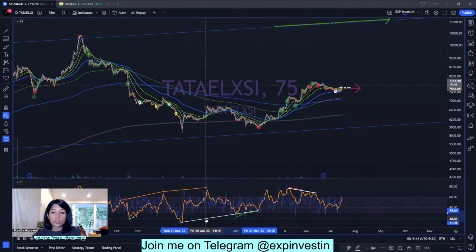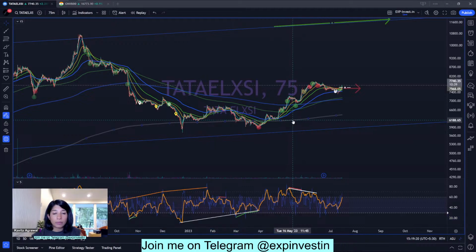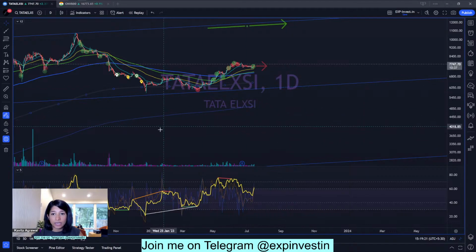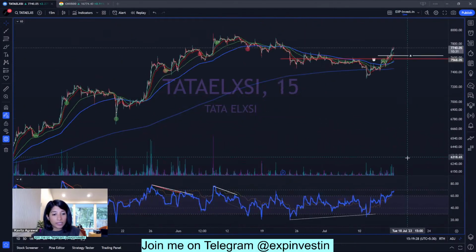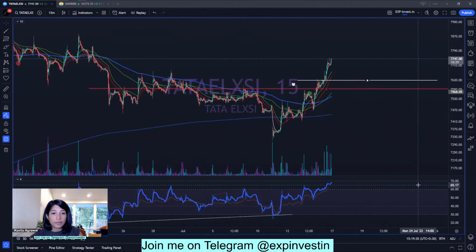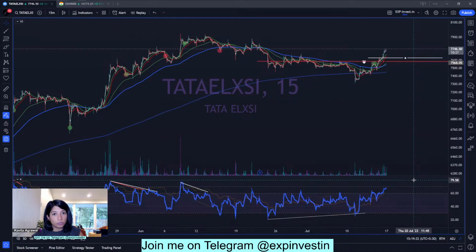I have rarely seen such a clean bottom out on any stock. As you can see, there was a strong positive divergence. The stock took near perfect support at the 500 EMA of the daily time frame, this gray line, and it has started to move up, formed a higher high, gave a small correction. At the end of the correction, it gave another positive divergence on the 15-minute time frame and started to move up again.